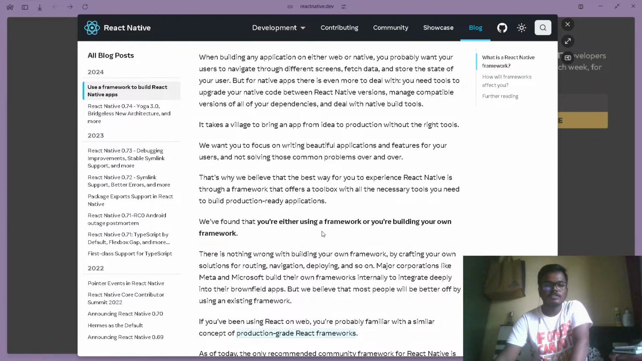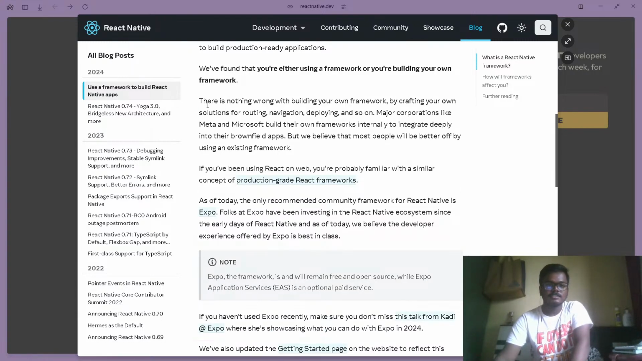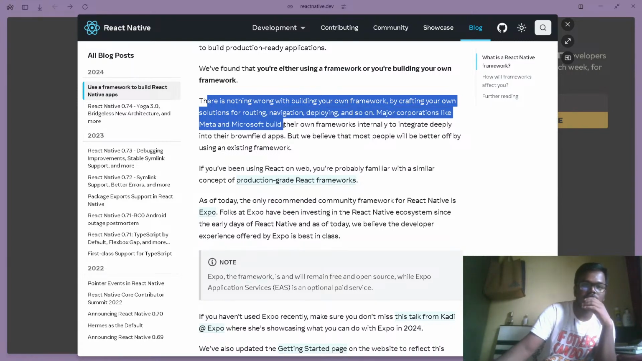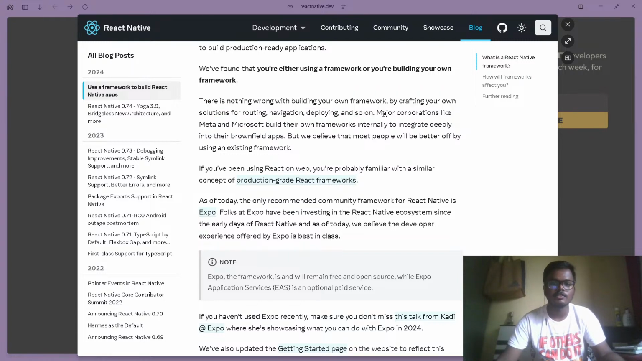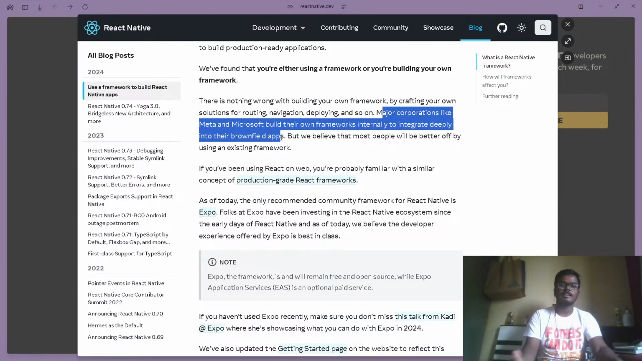Actually we are using a framework. Majority don't build their own framework, but there are some developers that build their own framework. They are crazy nerds. There is nothing wrong with building your own framework by crafting your own solution for routing, navigating, deploying, and so on. Major corporations like Meta build their own framework internally too,